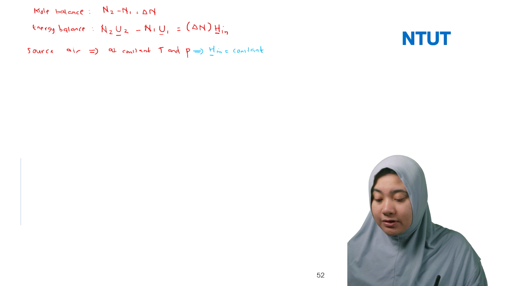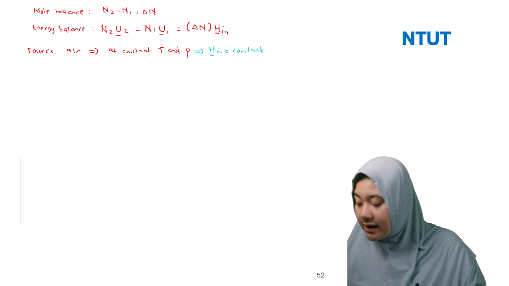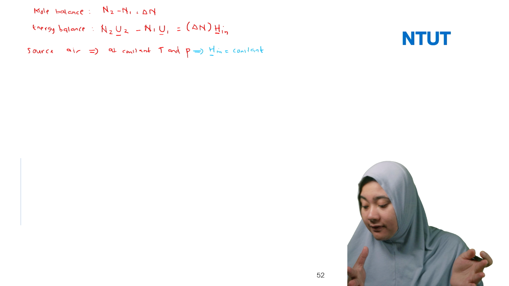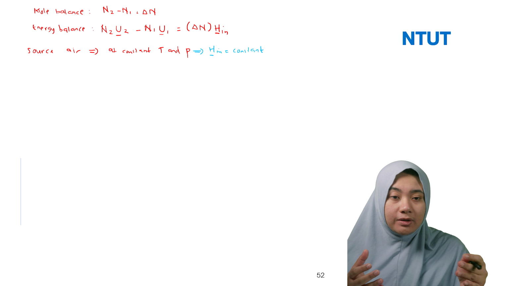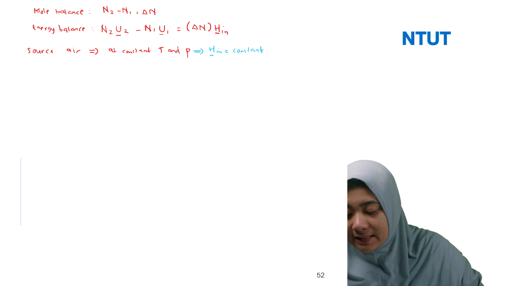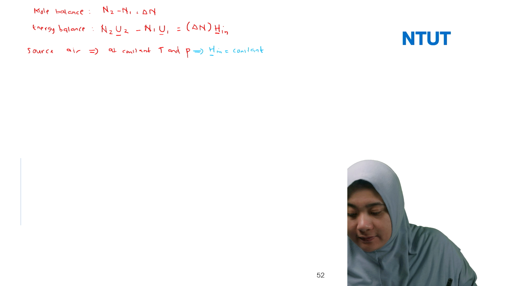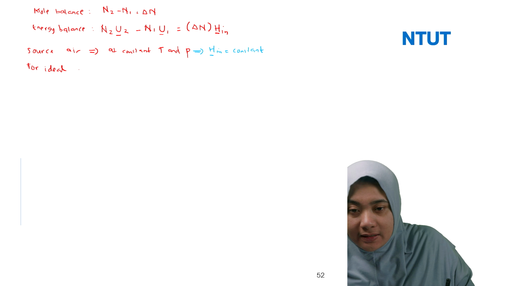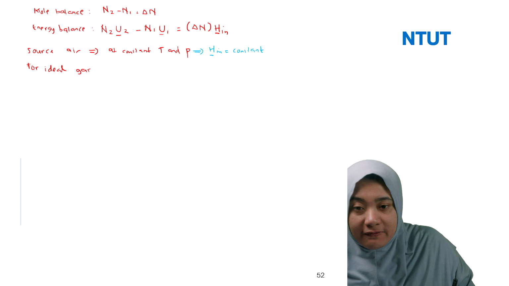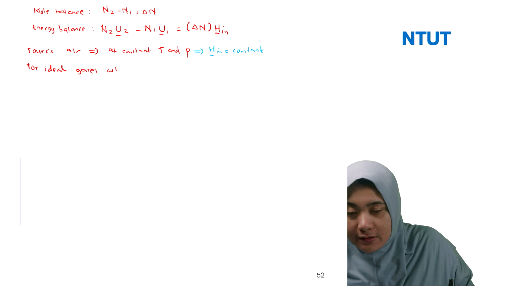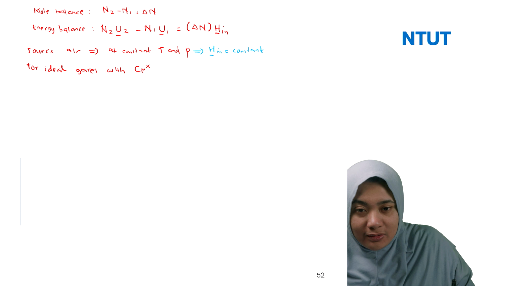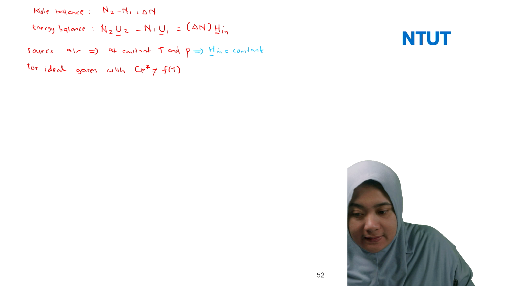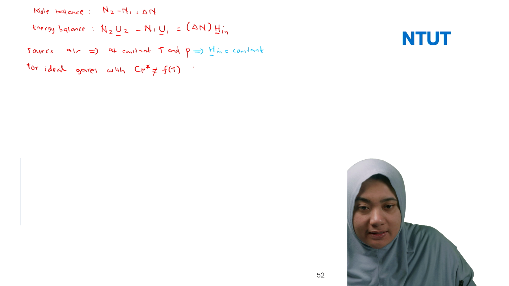It is how to solve the problem, because they asked: if the tank initially is at 1 bar and 20 degrees C, what will be the temperature of the air in the end? So we can start the calculation for an ideal gas. That's why we need to assume the ideal gas, actually to simplify the mathematics. If you need the real gas, that is not in this chapter. Later we have the real gas. So this is a function of the temperature assumption,